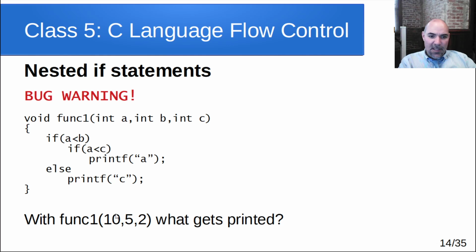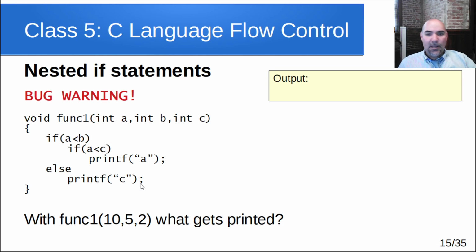So if I pass in 10, 5, and 2, what gets printed? And you might think, well, let's look at 10 and 5. So a is 10. So 10 is not less than b. So we should take the else clause and print c. But what gets printed? Nothing. Nothing gets printed when we call this function. And that seems mysterious. Well, I know that 10 was not less than b, so it looks like I should take this else and